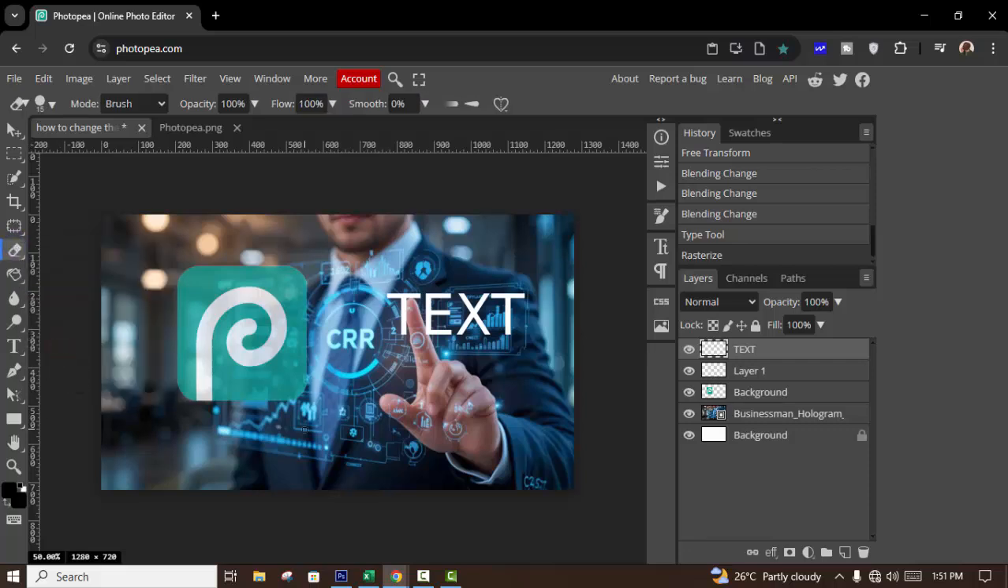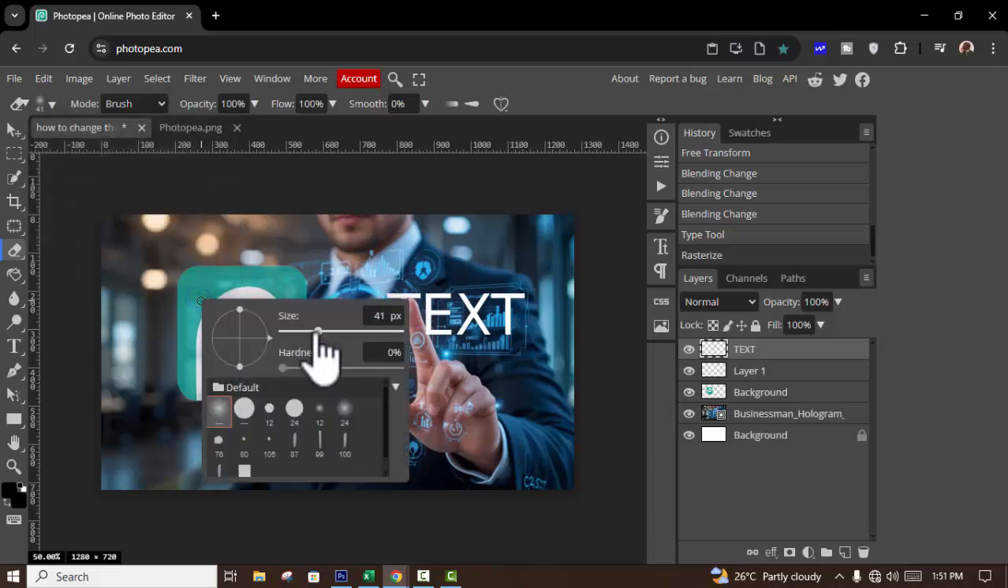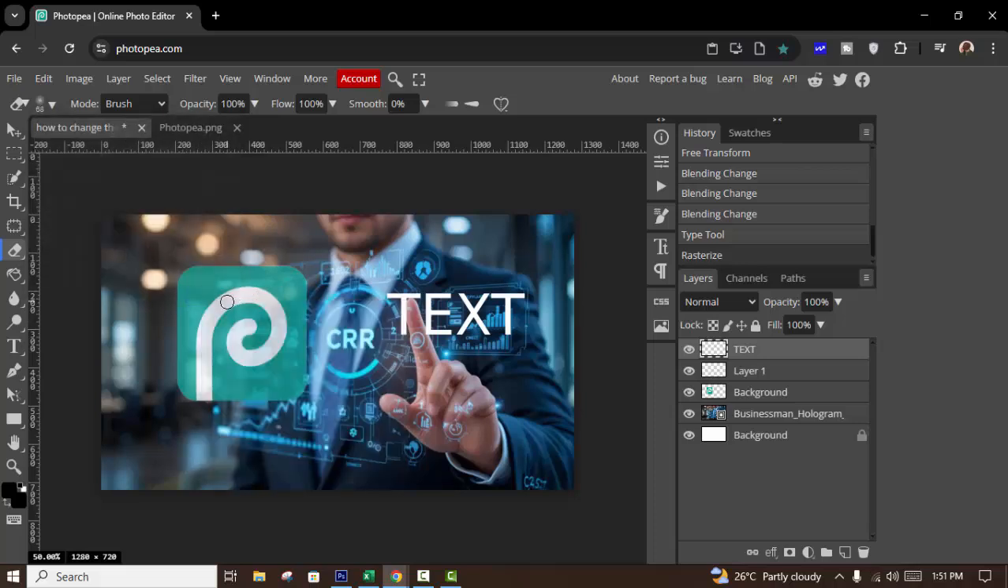right click, use the eraser tool, resize the pointer with hardness, then apply. First of all, apply text,